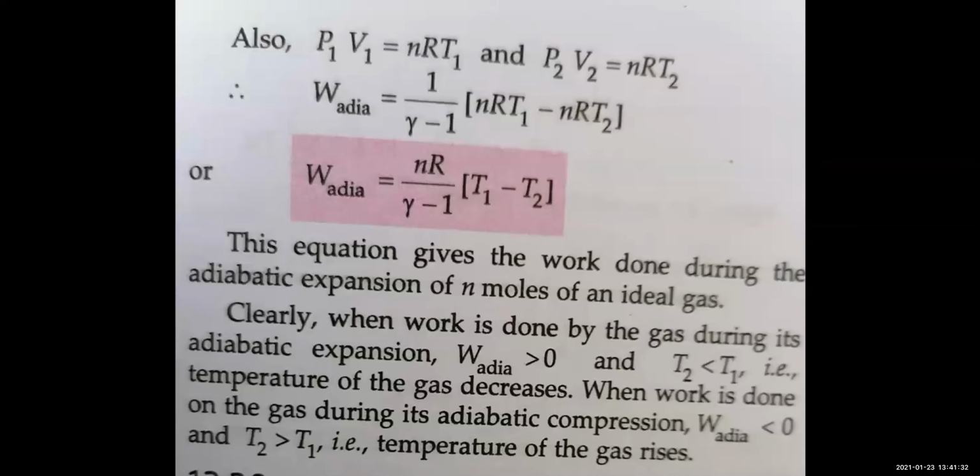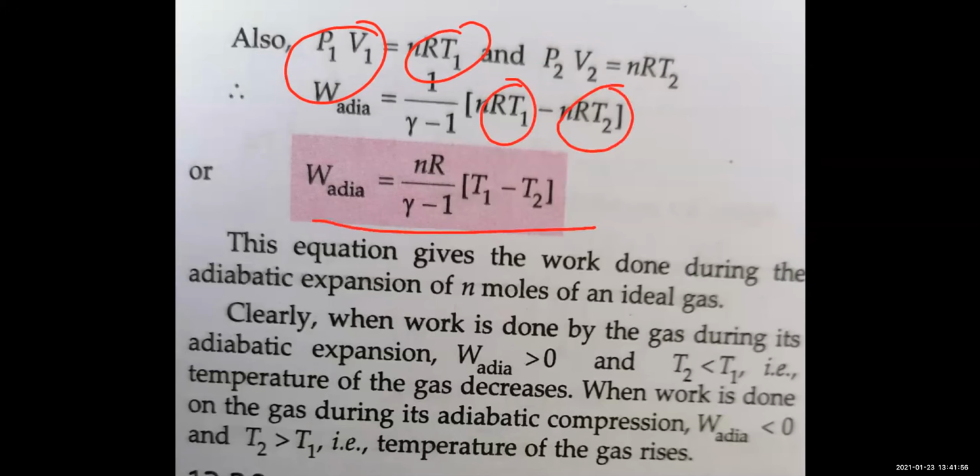So children, we know the ideal gas equation, that is PV = nRT. It is P1V1 = nRT1, P2V2 = nRT2. Simply, we are going to put the value of P1V1 as nRT1 over here and P2V2 as nRT2. Right, nR will be constant and you will have this equation in terms of temperature.